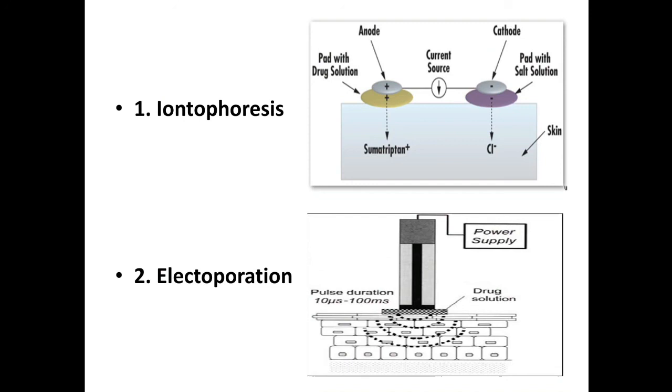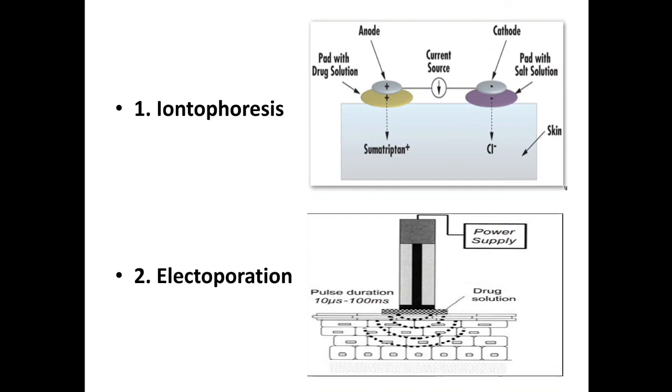So the electrodes that we use with the drug are applied to the skin. The most popular, widely used electrodes are silver chloride, the redox couple type of electrodes, used for iontophoresis. The anode and cathode, two electrodes, are there, and we apply current so that it goes for the skin permeation part.